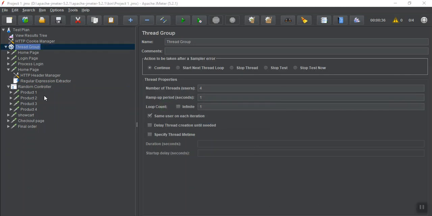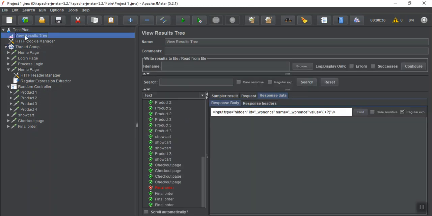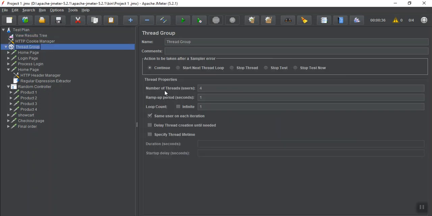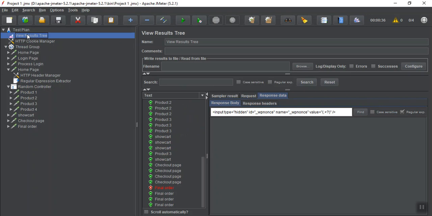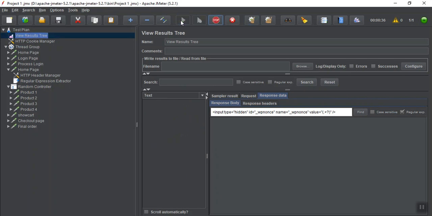So now what random will do, it will get only one order. It will only generate one order. See my controllers video where you can get a good idea. So what I do, I go to thread group, make it 1. Okay, save it. See, these are different scenarios we can work on. Clean it and run.